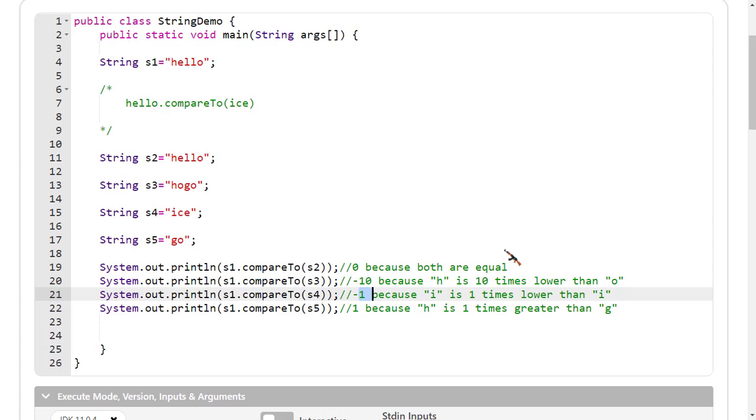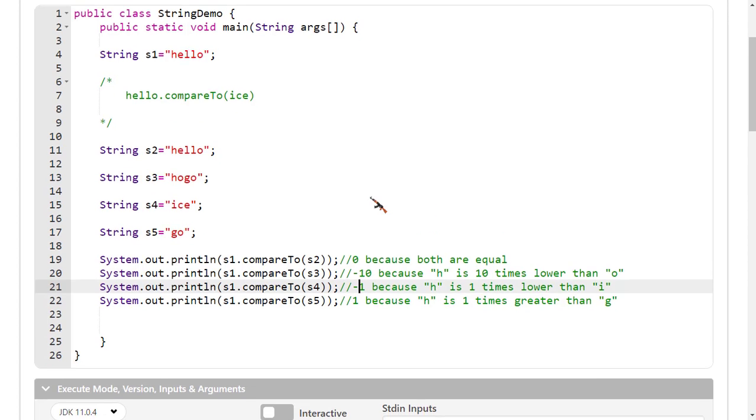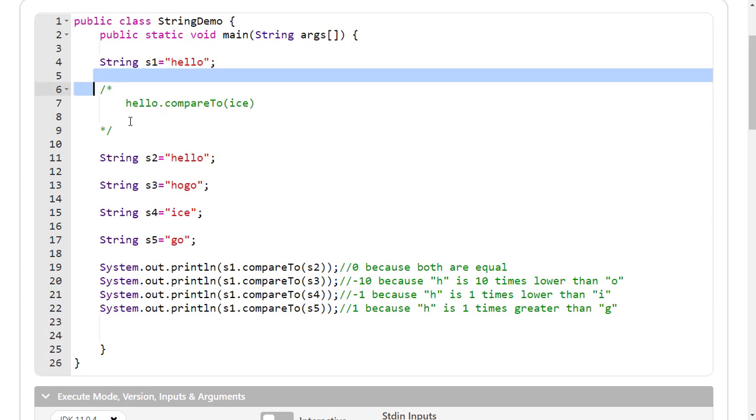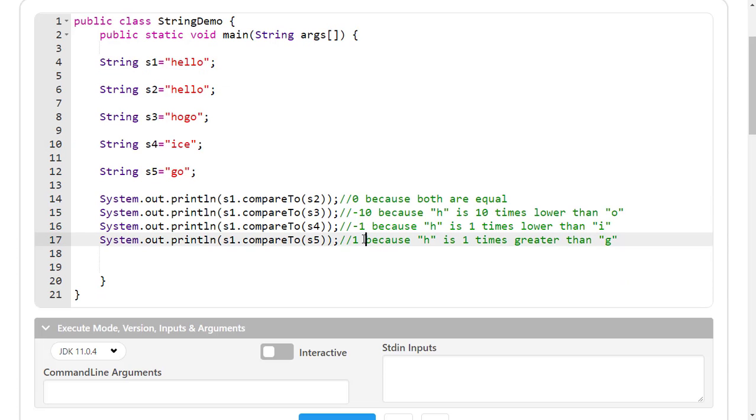Oh, sorry, my mistake. The h is 1 less than I, that's why it returns 1. The same thing repeats with s5, and it returns 1 because s1 is greater than s5. In s1, h is 1 greater than g, that's why it returns 1.